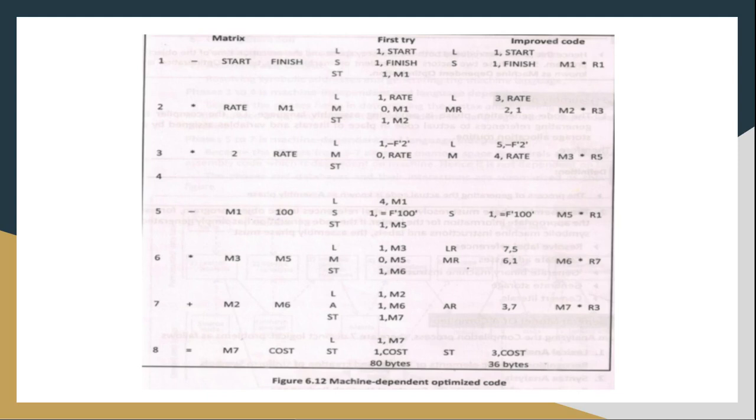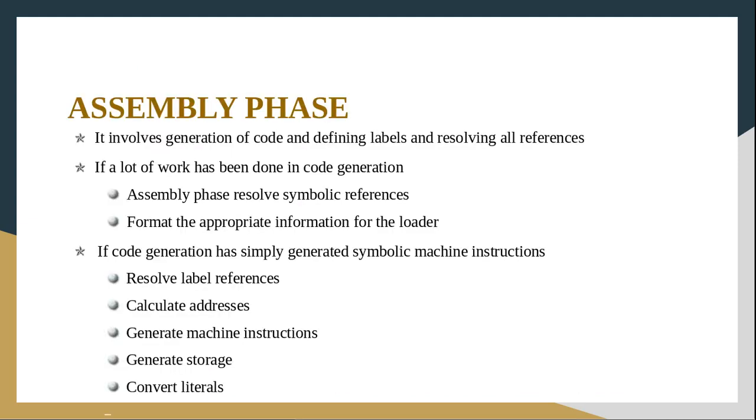So we have seen the machine dependent code optimization. We were discussing code generation. By considering the code production table, it will generate the object code for each matrix entry, and we will be generating the optimized object code by using machine dependent optimization. Now we are entering into the last phase, that is the assembly phase. This is the last phase.